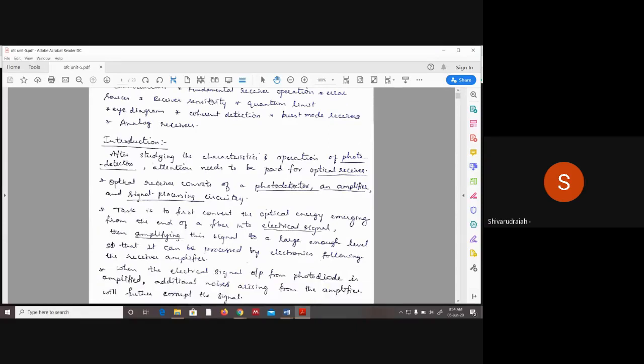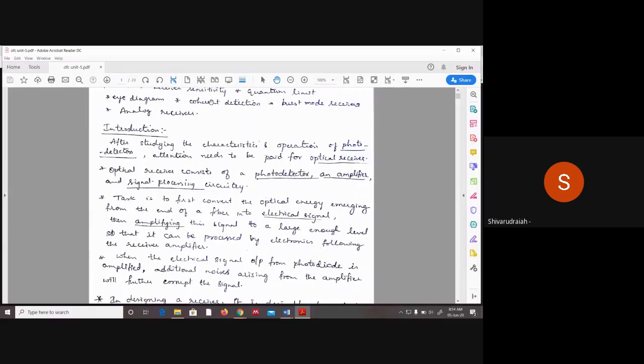Coming to the introduction, having a brief understanding about photo detectors. Photo detectors are nothing but optical active devices which convert light into electrical signal. It is going to work opposite to your optical sources such as laser and LEDs. Laser and LEDs require electrical signal as an input, and they produce light as an optical output. Whereas photo detectors are usually used at the receiver section, and your optical sources, laser and LED, are used at the transmitter section.